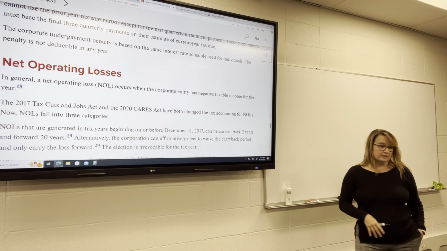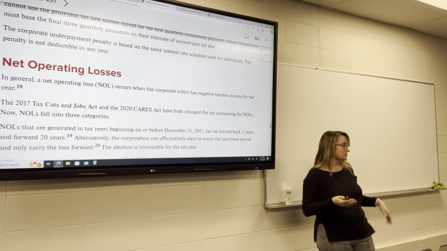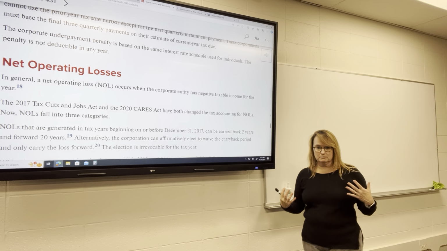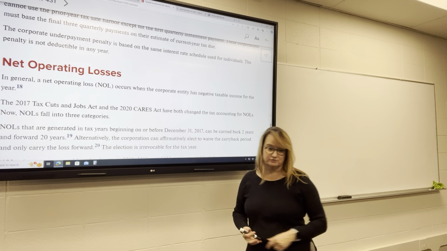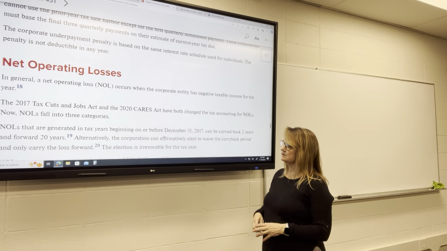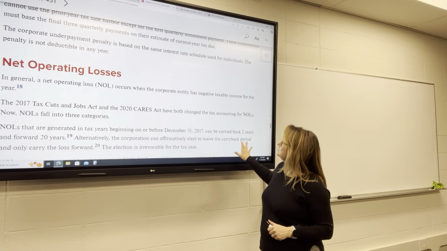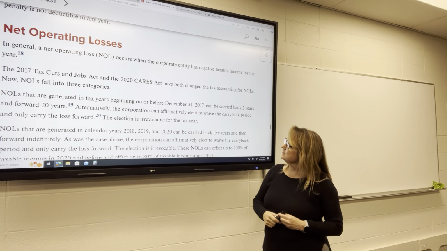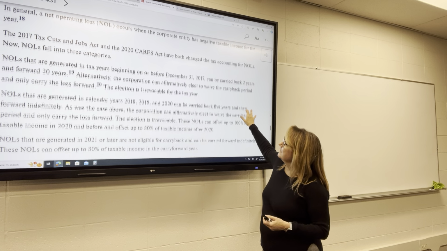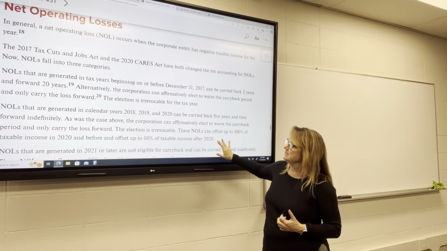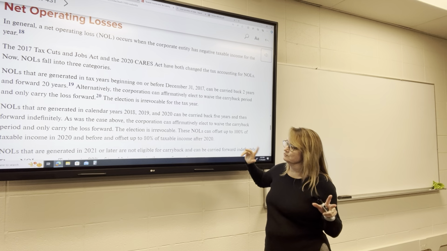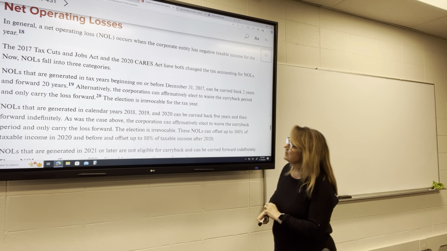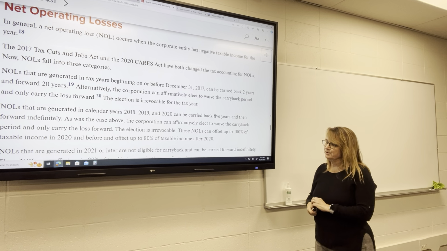All right, net operating losses. Different from the capital losses, right? So these are operating losses, where you've generated a loss for your business just from your normal operations, not capital sales. So this is when the corporate entity has negative taxable income for the year. This can get a little bit tricky as well because the rules have changed over certain years. So if an NOL, and they're called NOLs, net operating loss,